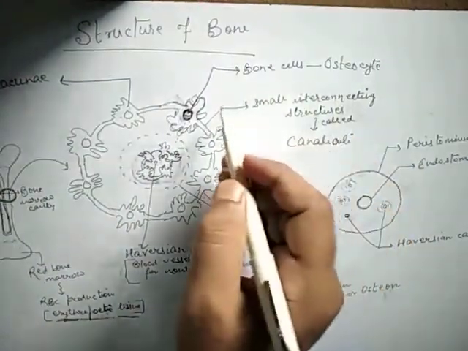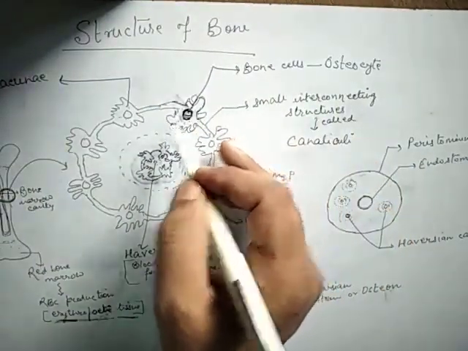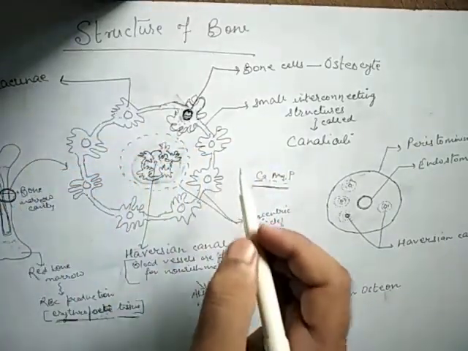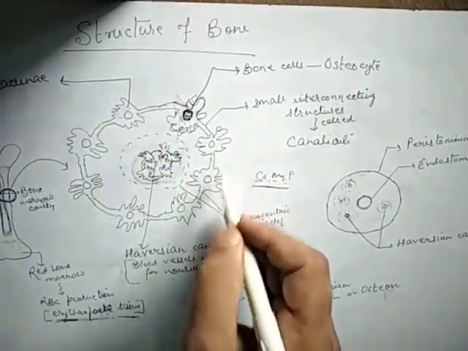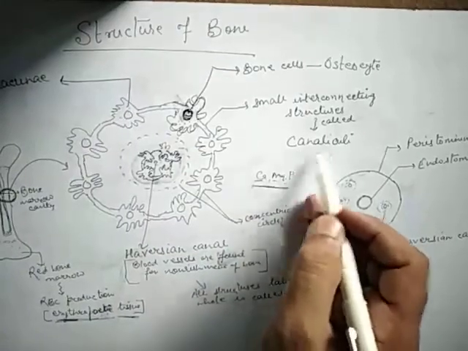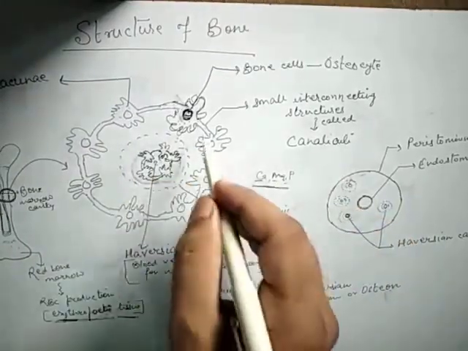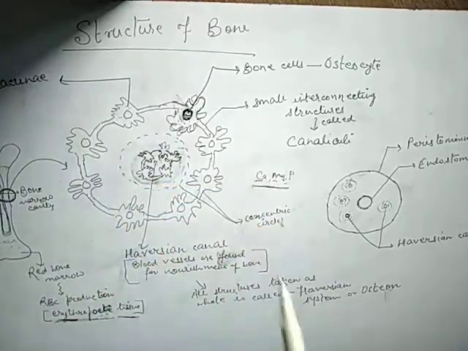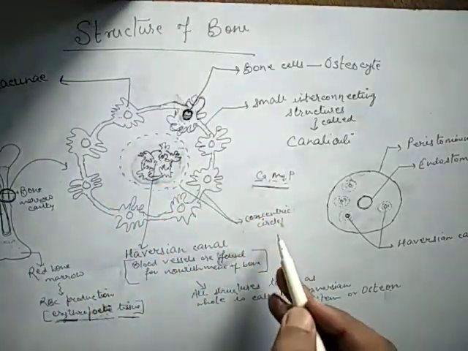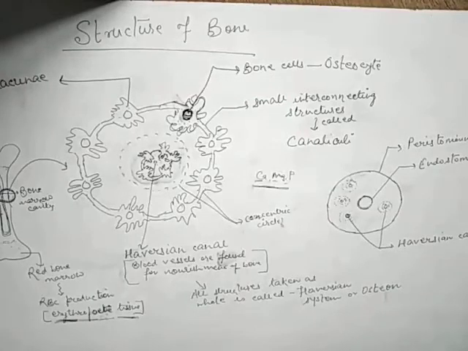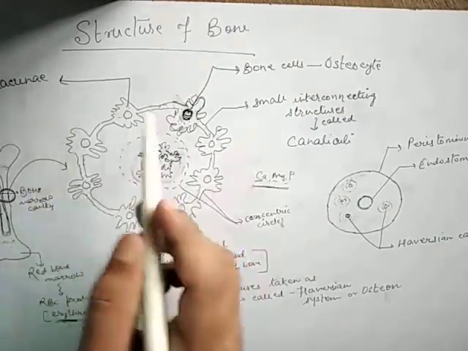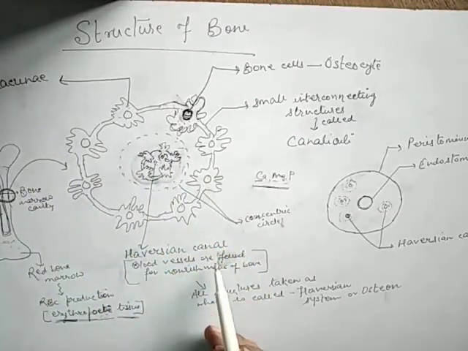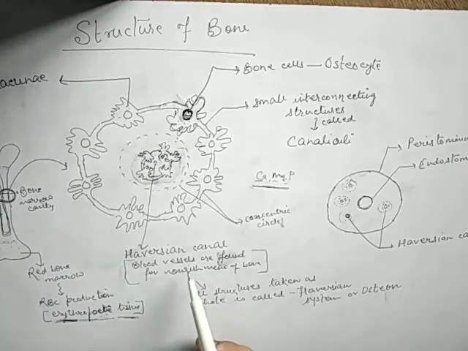These osteocytes are found in the spaces which are called the lacunae. Lacunae are interconnected with each other through another structure called canaliculi. These canaliculi and lacunae form concentric rings or concentric circles. The center of these is called the Haversian canal, in which the blood vessels are found, and the nourishment of the bones takes place through these canals.